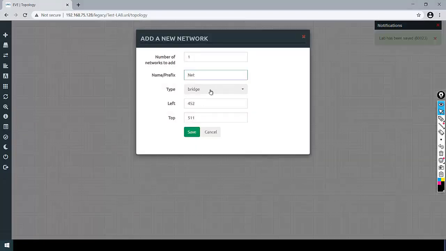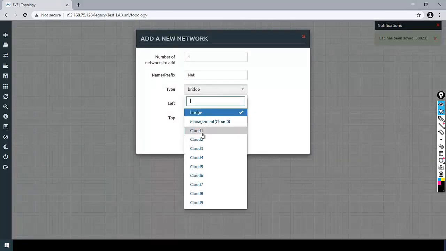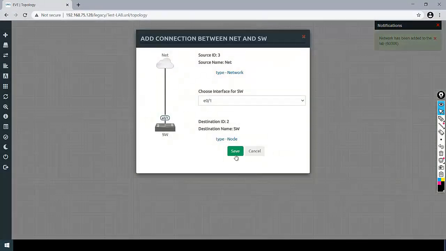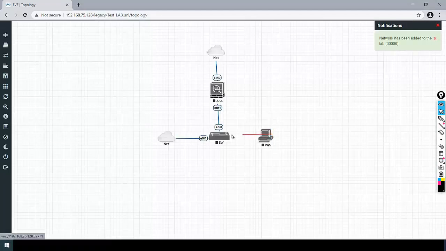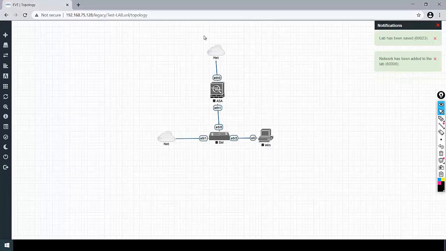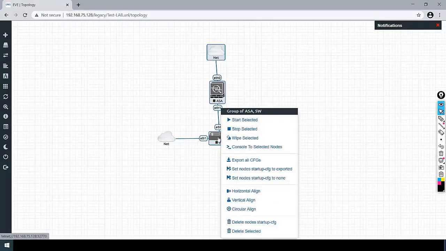We will now attach our VMnet 1, that is Cloud 1, with the switch. Attach all the devices with the switch, and now just align the devices so that it all looks good.